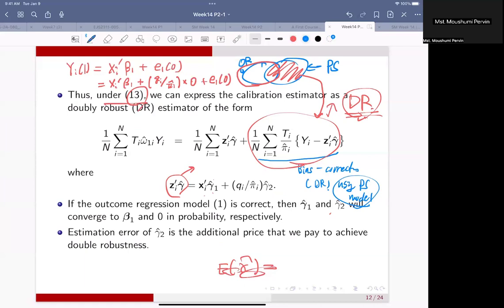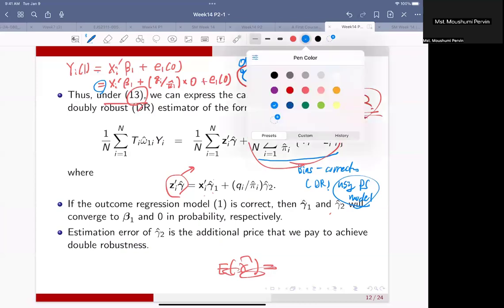Right? So the equality holds because we just added a 0. But the point is that under the true outcome model, here,